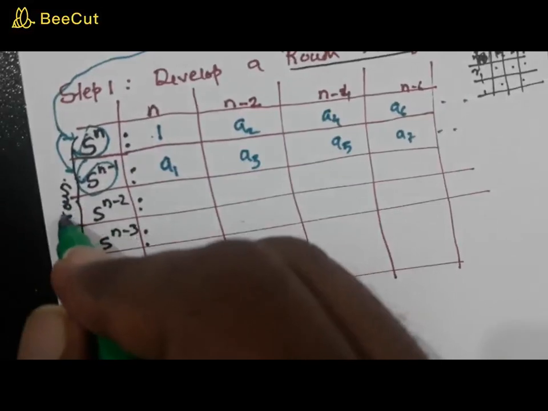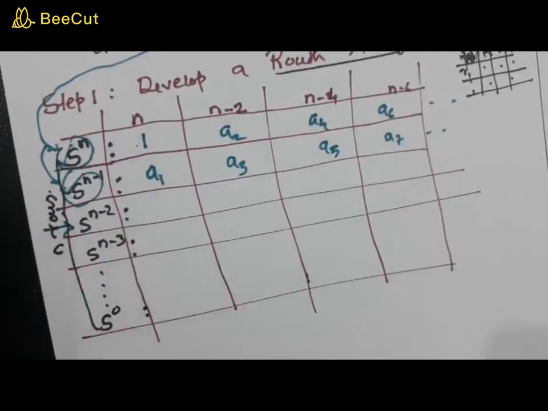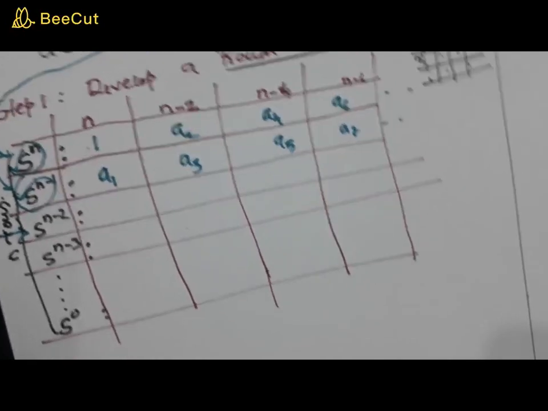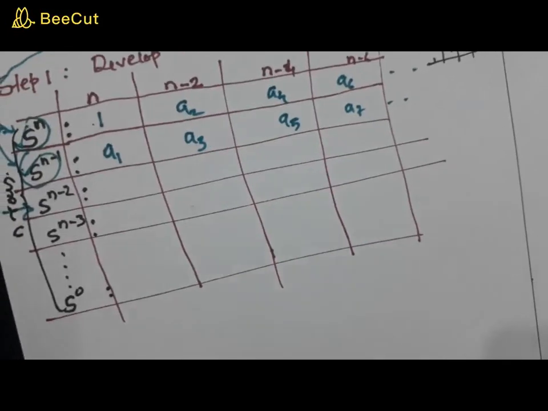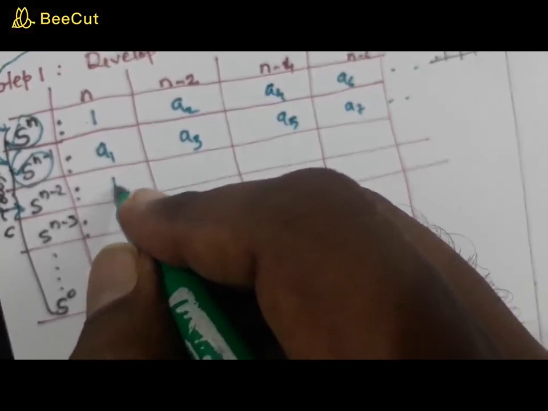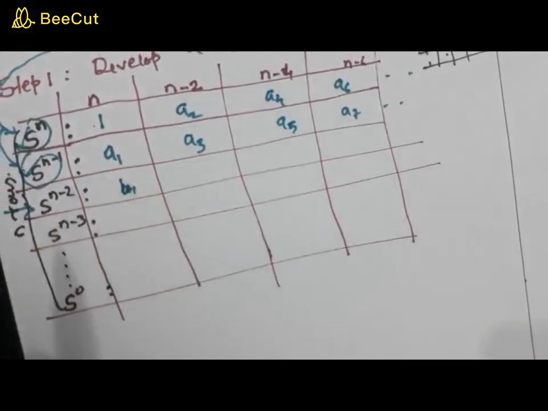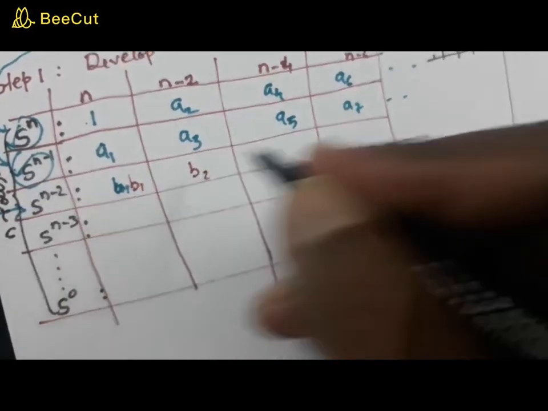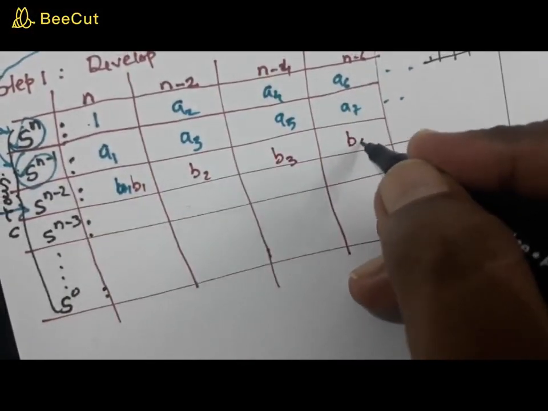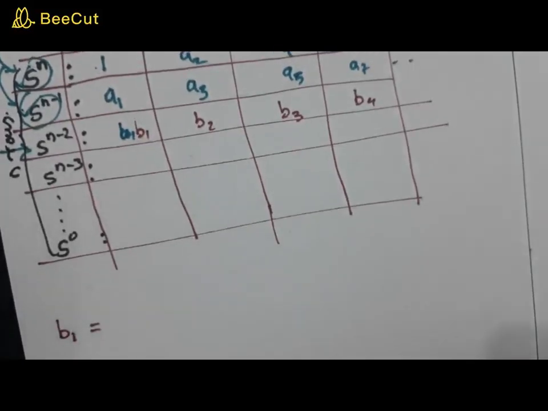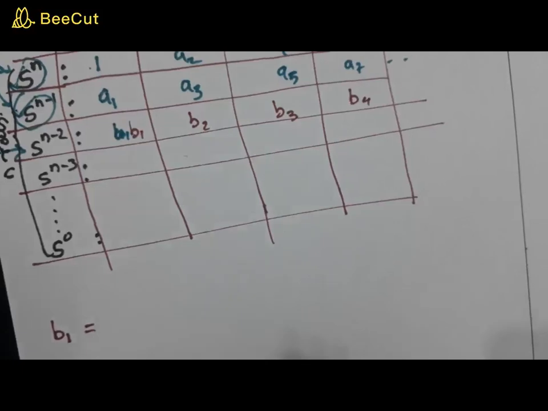So the next row that is to be filled is s raised to n minus 2, right? Now, how will you evaluate this s raised to n minus 2? I'm calling these b1, b2, b3, and b4. I'll just write how to find out this b1. b1 is actually equal to